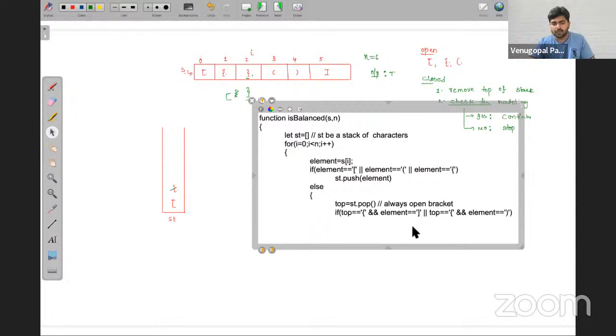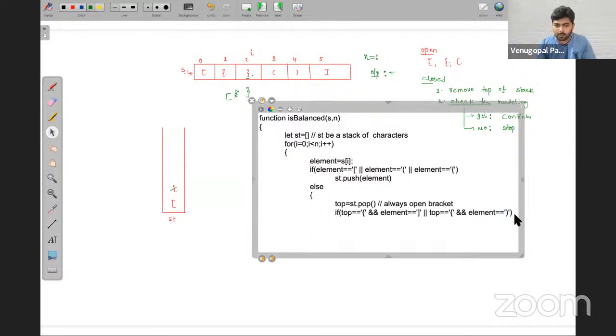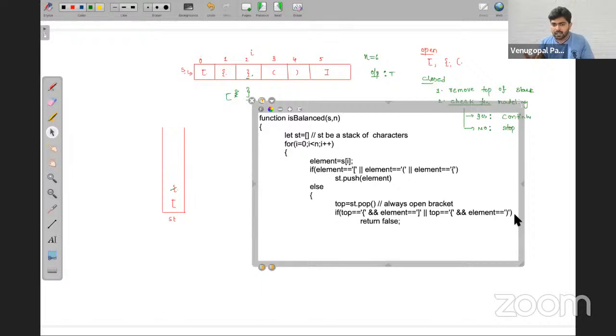Tell me, friends. If top is an open bracket, and your element is, for example, a square bracket, or either this one, then what does it mean? Mismatch, right? You can stop the process and return false. Correct?